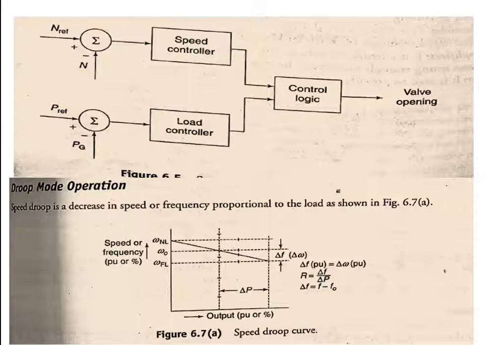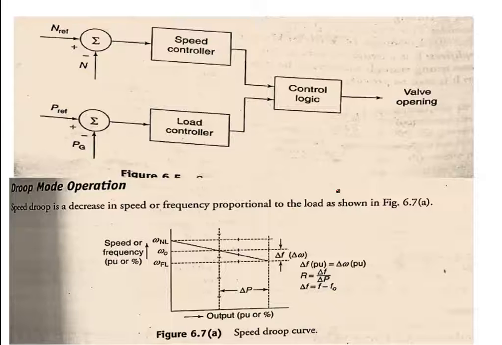If there is a difference in speed and power, then the load will change. If the difference of power is 0, then load will be 100%. If the difference of power is more than 0, then the load decreases. That decreasing load parameter is recorded in the control logic circuit, which provides an output depending on the valve mechanism, that is the opening and closing of the valve, depending on both parameters, the speed as well as the power. Then droop mode operations.